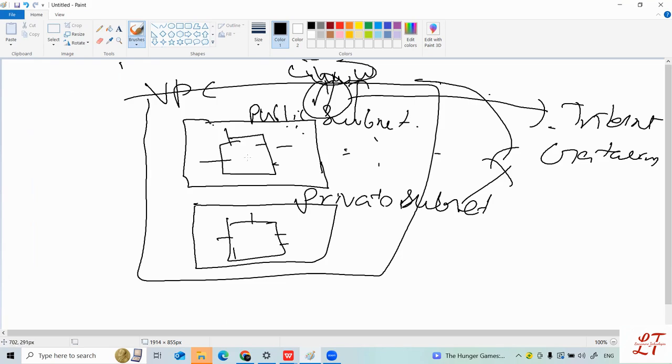I'm going to send a request to the internet gateway saying that I want a certain resource that my application needs. The internet gateway just forwards the request to the internet. The internet will grant me the resource, and then that resource is forwarded to the internet gateway, and the internet gateway forwards it back to the public subnetwork, so my application running in the EC2 can get the resources. This is how